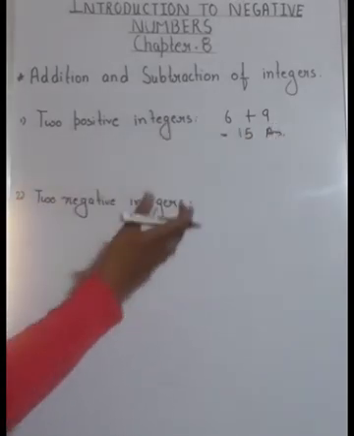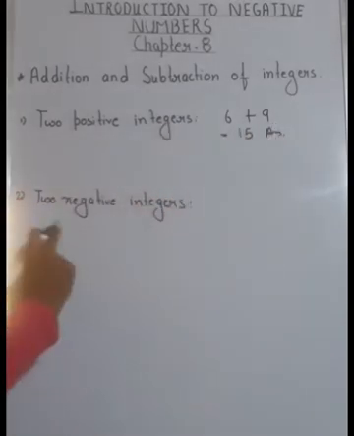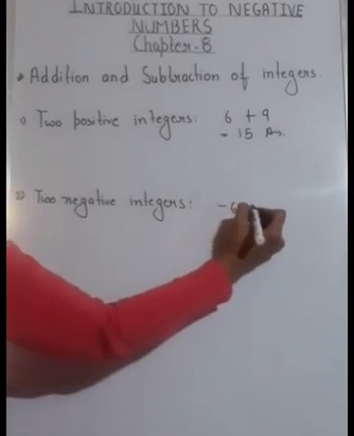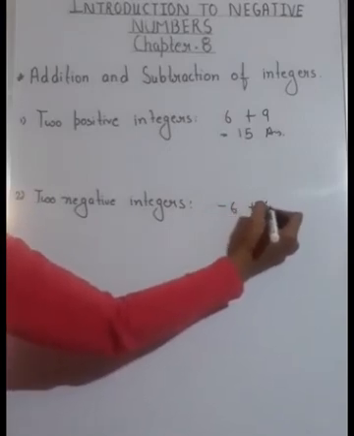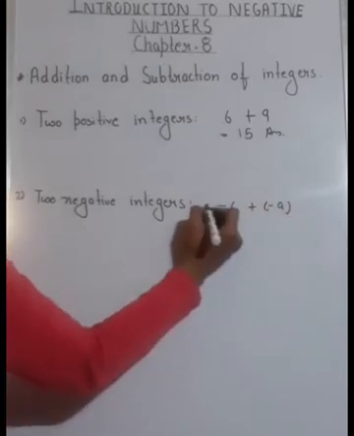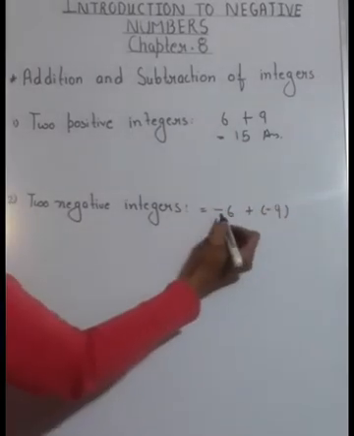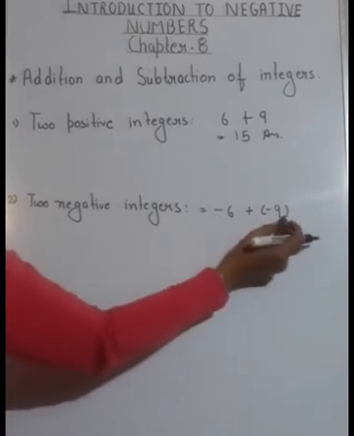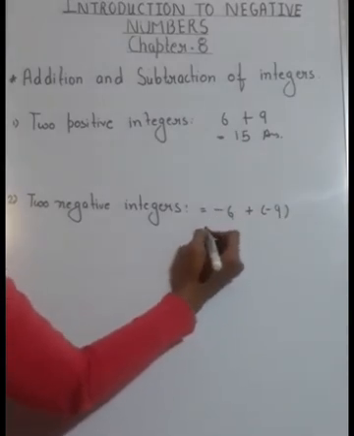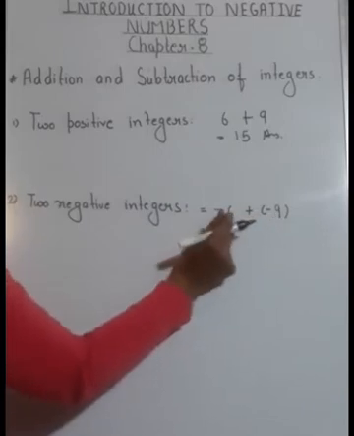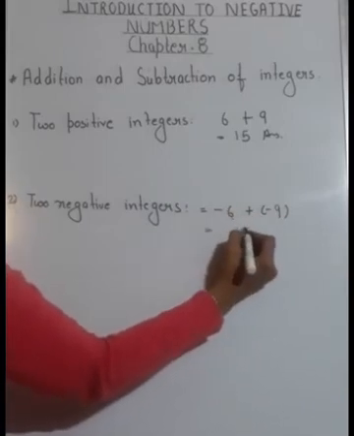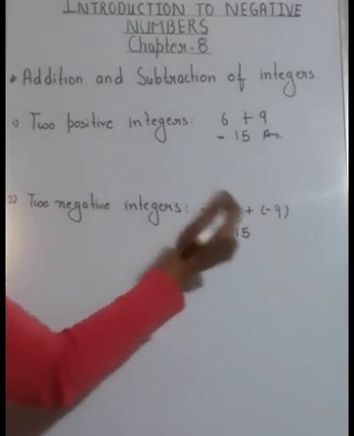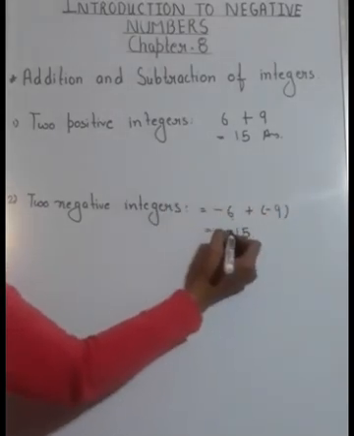So adding two positive integers is very simple. Now what? For adding two negative integers. So I take minus 6 plus minus 9. Okay. For adding two negative integers, what we do? We just simply add their numerical value. So what are the numerical values? It is 6 and 9. So 6 plus 9 will be 15. Okay, so first we have to add their numerical values, and then we have to put a minus sign before them.